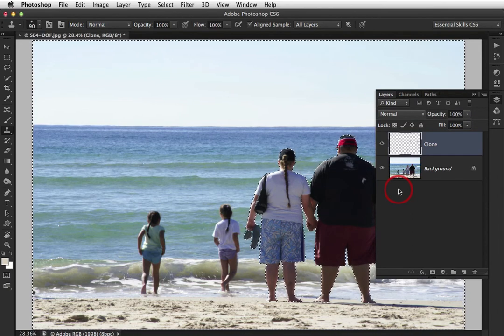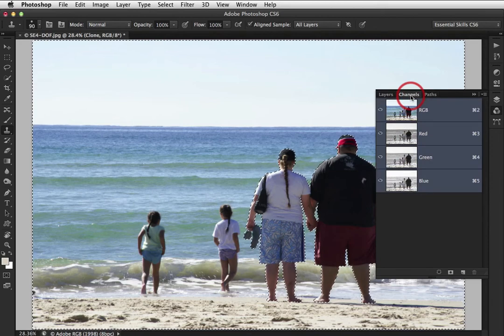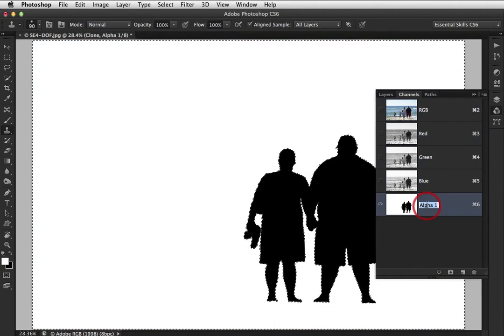Okay, I'm going to save this selection that I've got of the parents in the Channels panel. So let's click on the Channels panel and then click on Save Selection as Channel. Okay, and we have an Alpha 1 channel here. I'm just going to double click to rename this, and I'm going to call it depth of field dash map. Okay, because this is going to be my depth of field map, which will control the defocusing that we'll